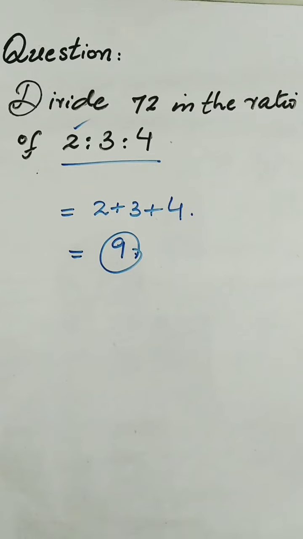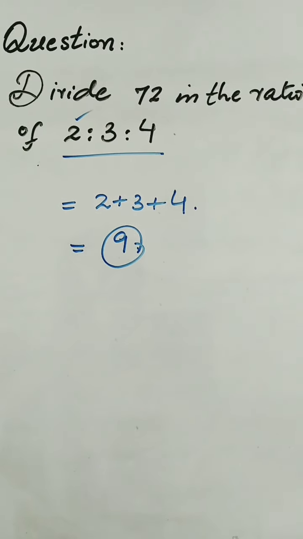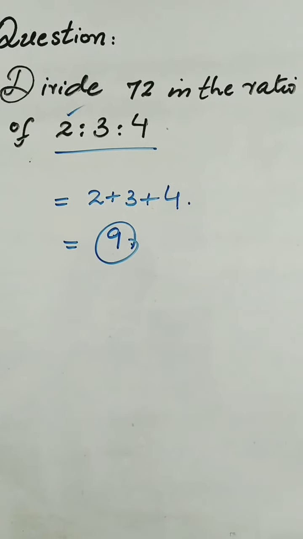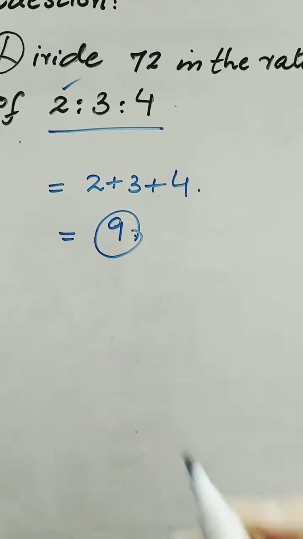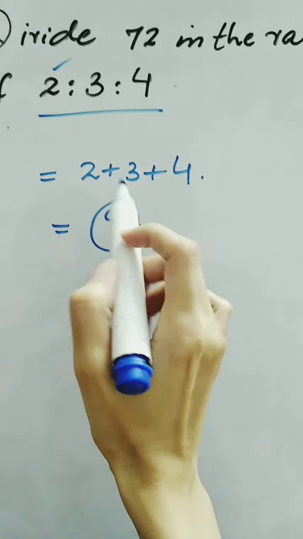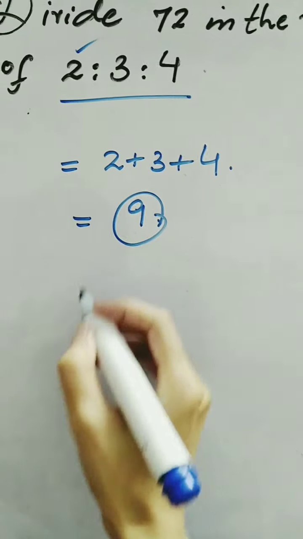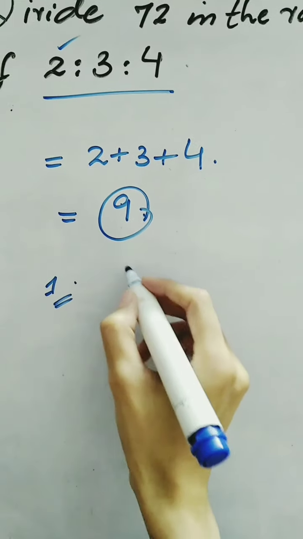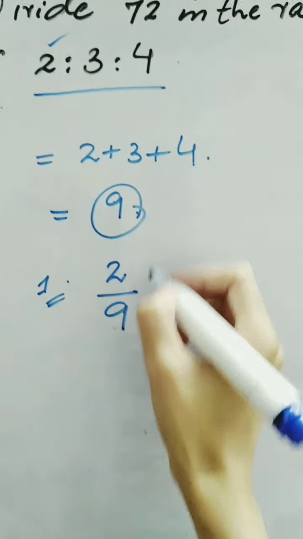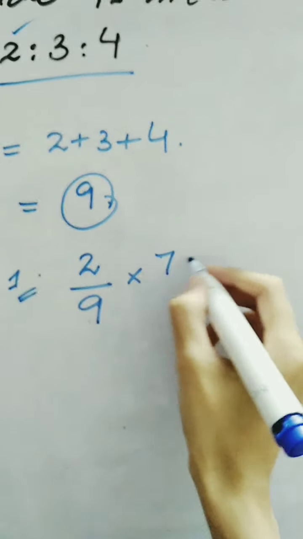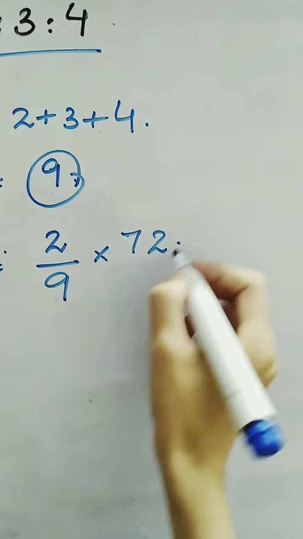Here we have another question in which we have to divide the number 72 in the ratio of 2:3:4. In order to do that, first of all, we are going to take the sum of these three entities, which is 2 plus 3 plus 4, and it is equivalent to 9. In order to find out the first entity, we are going to put it in the numerator and divide it with the total number, which is 9, and then multiply with the amount, which is 72, and we will have